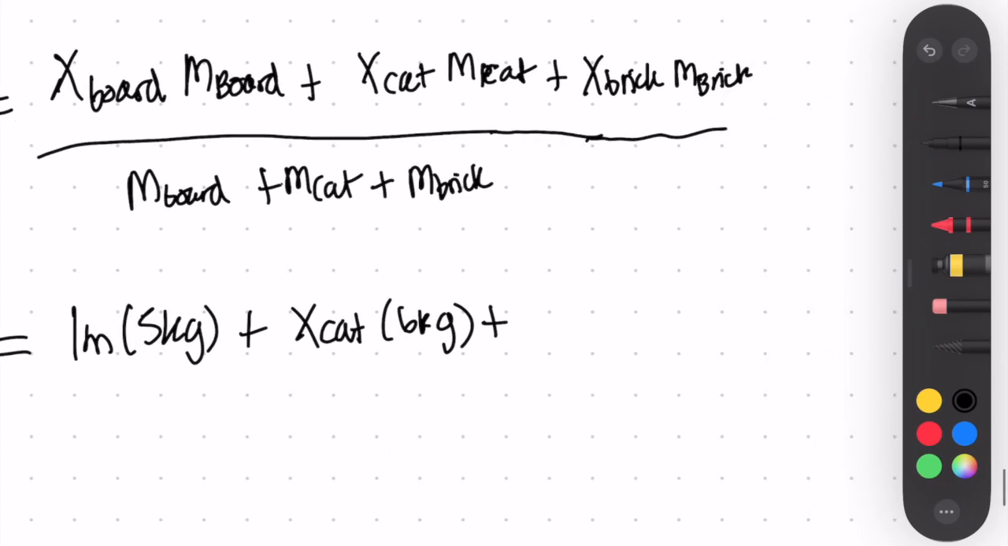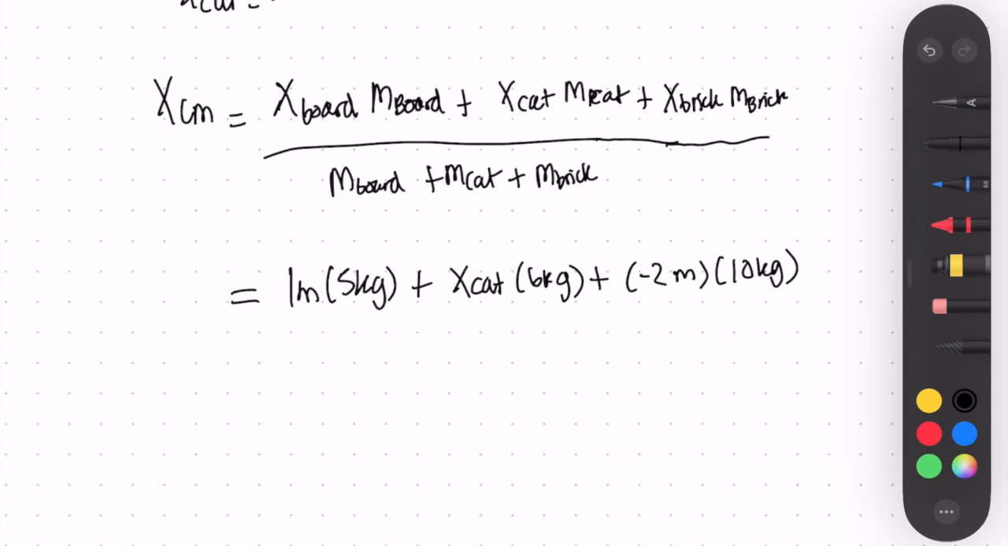So that's -2 meters there, right? And then the mass of the brick was 10 kilograms. When they say the brick is of negligible size, the reason they say that is because when you're looking at things like center of mass and stuff like that,